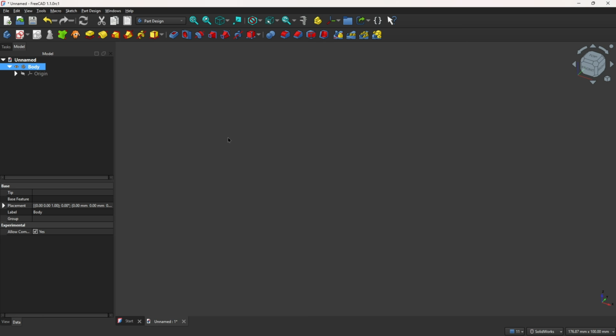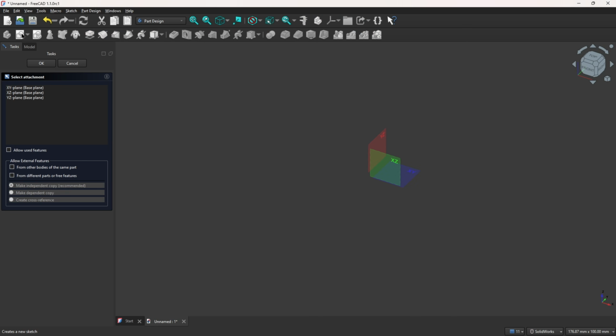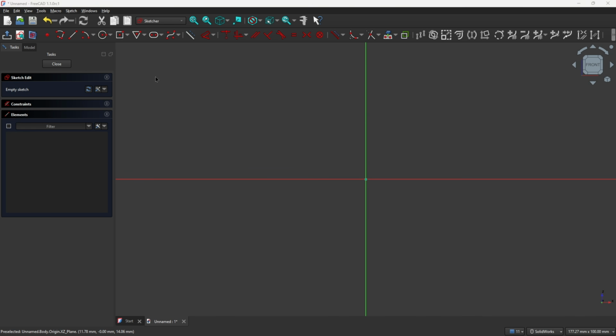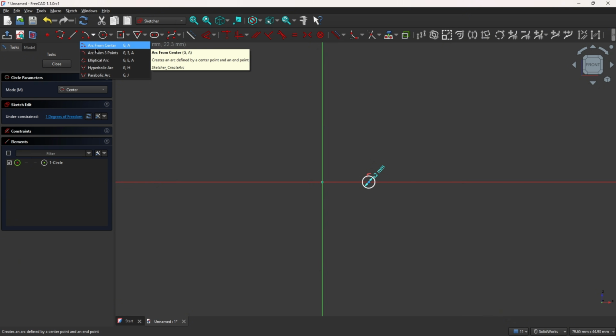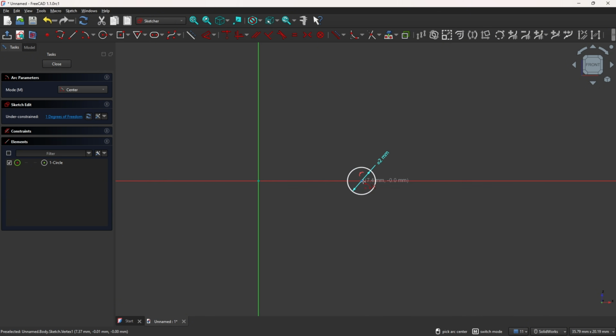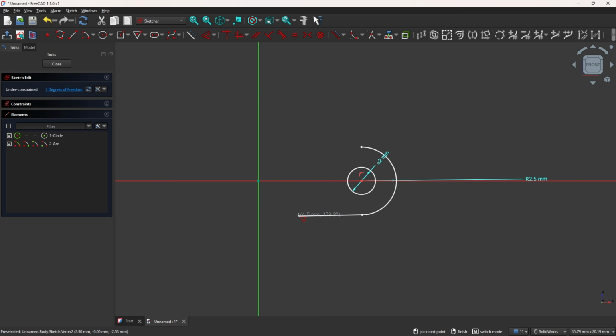So open FreeCAD, go to create a sketch and select the front plane. Select the circle. Make a circle here with 2 millimeters of diameter. Go to arc from center. Click here in the center of the circle. The radius here is 2.5 millimeters. And select polyline, click here on this point, make this sketch here,